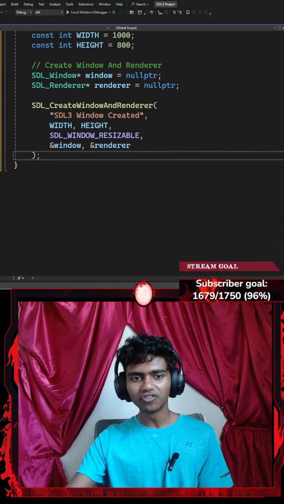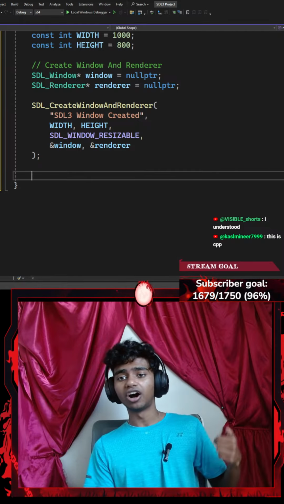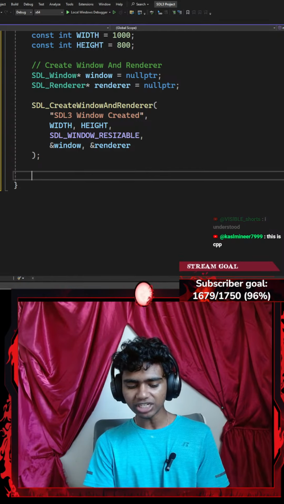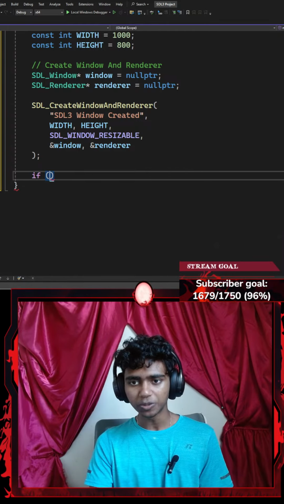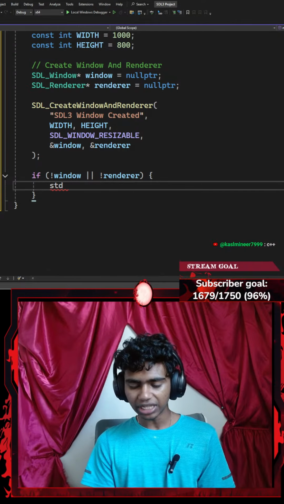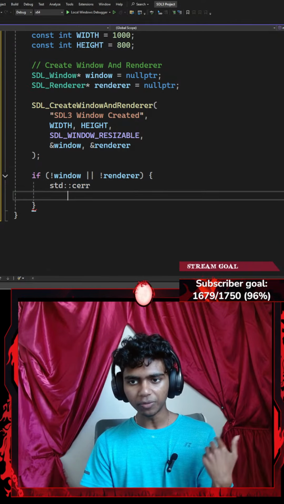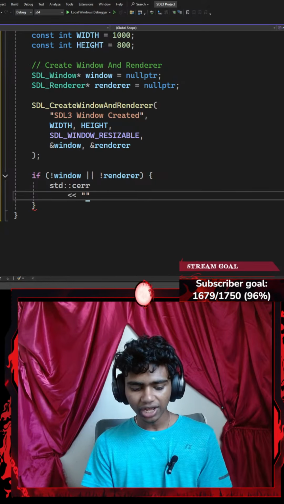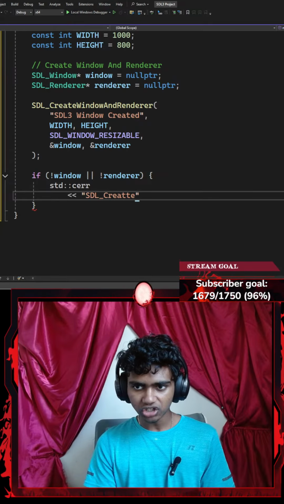Now once I'm done creating my window and renderer, apparently in C++ we have to add an if statement to check if our function did not work properly, because we give ourselves an error in C++. I'm going to check if my window was not created properly or my renderer was not created properly. Firstly, I'm going to add a standard C error, displaying myself an error message. Let's say something like SDL_CreateWindowAndRenderer